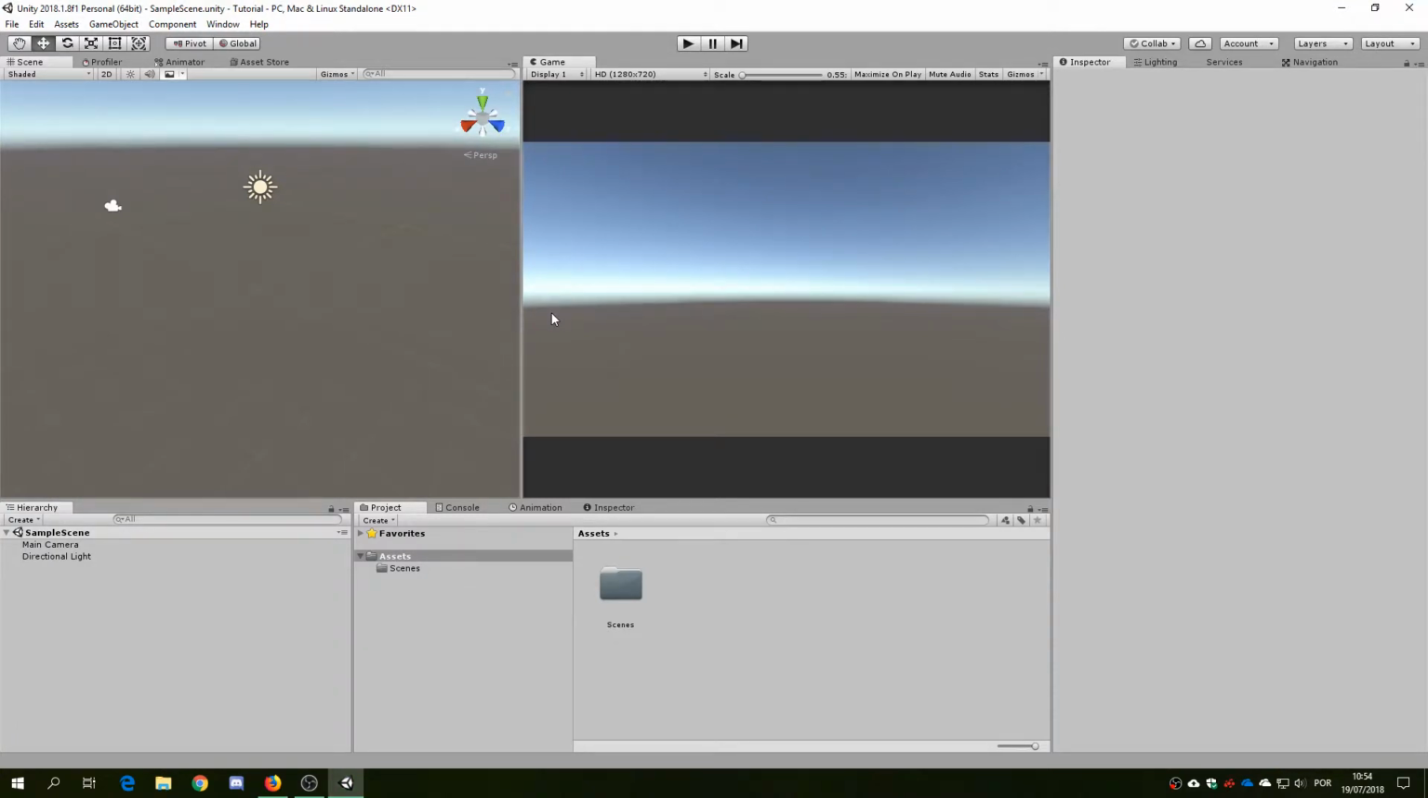And this is Unity. This is the Unity editor. So in here we are going to create our game, of course, but first let's examine what we have available to us in order to create our game. First, I'm gonna tell you that this is composed of several